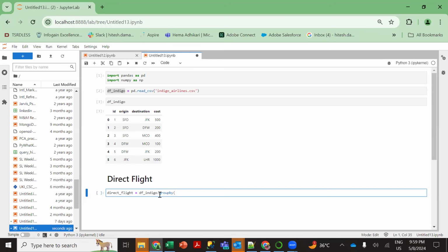And for that, what I will do, I will pass this into a list, right? So I will use origin and destination from here, and this needs to be in, sorry, my bad, this needs to be in inverted commas, right? I will use dot aggregate and I will give it an alias as total cost, which will be the minimum of cost, right? So since we have cost over here, it should be cost and it should be the minimum of that cost,